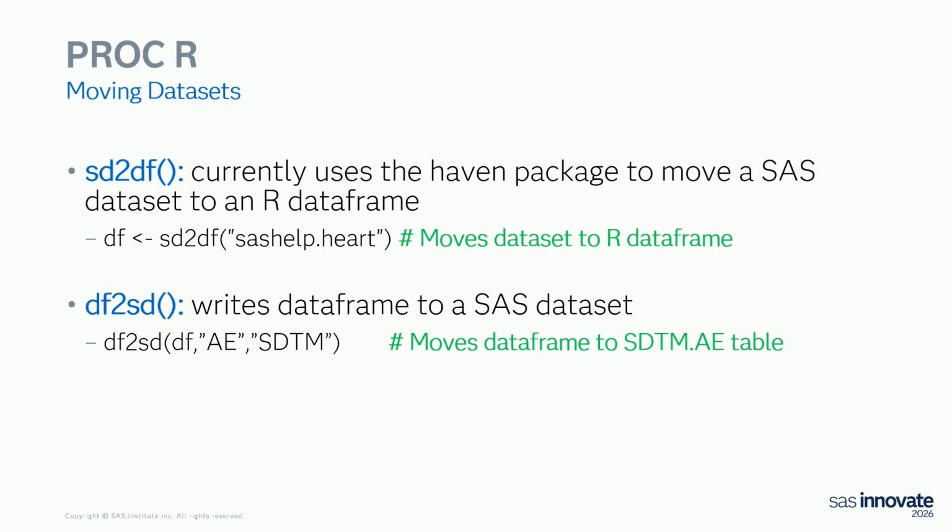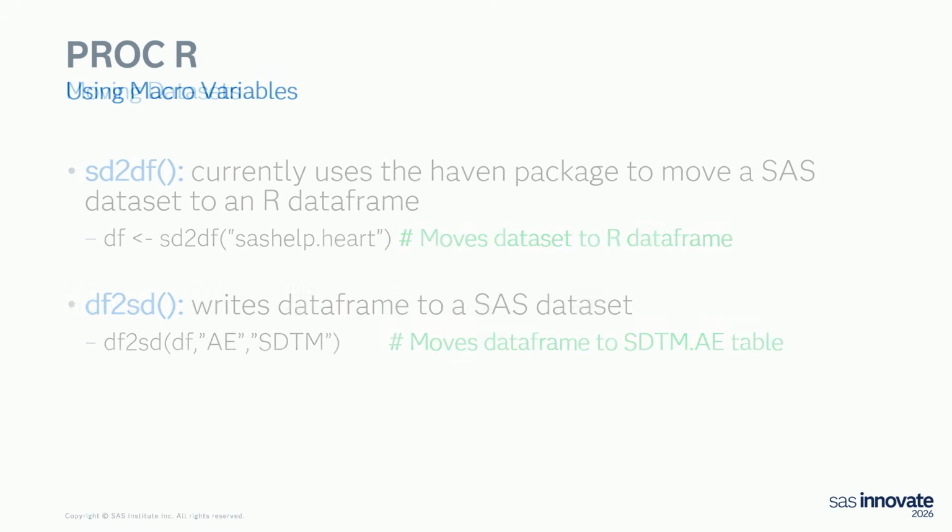We actually have the exact same concept with Proc Python, and we use the same syntax. So if you've ever seen Proc Python, the syntax should be very similar, right? But I'm just telling it, hey, grab the SASHELP PART data set, stick it in the data frame. Why we always call everything DF, I don't know, but I just didn't change it. Same thing here. I've got a data frame. I want to push it out to a STDM. That's a common library that we have. So that's the library. That's the data set name in the library there.